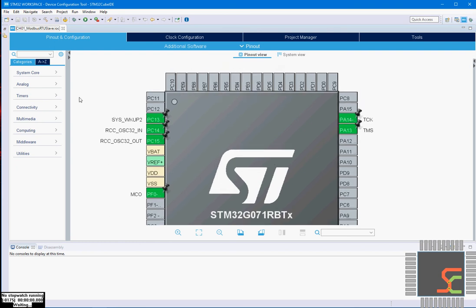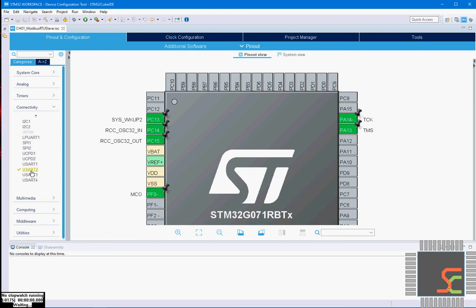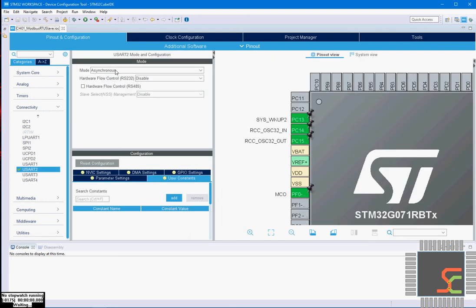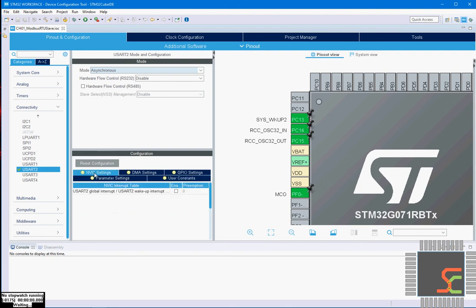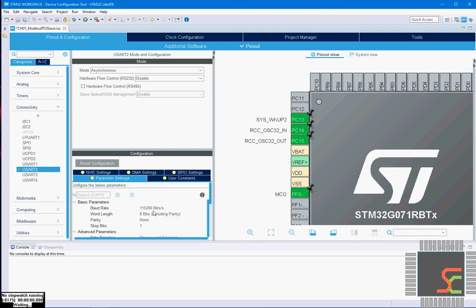We will just configure our USART2. Our USART2 will be in asynchronous mode. RS232 hardware flow control is disabled. We will enable the global interrupt, and in the parameter settings we will set our baud rate to 9600.